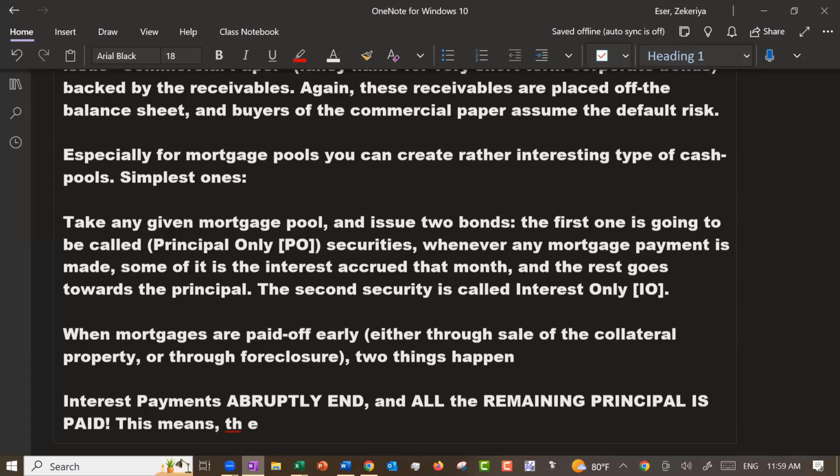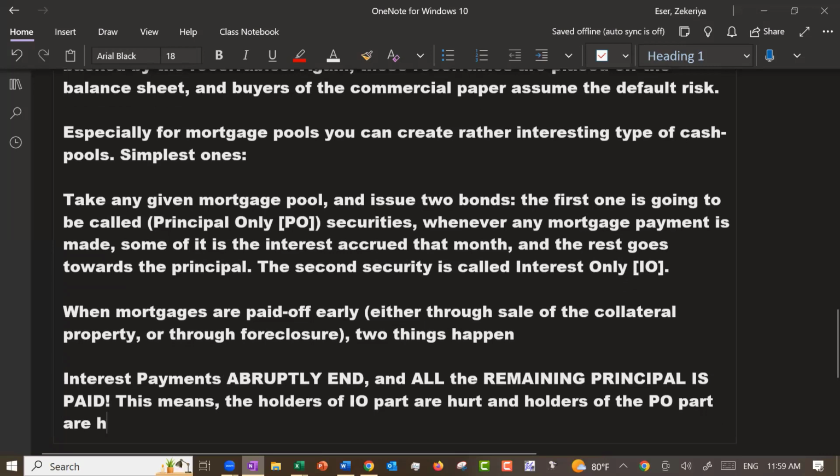This means the holders of the IO part are hurt and holders of the PO part are happy. Therefore, these type of securities